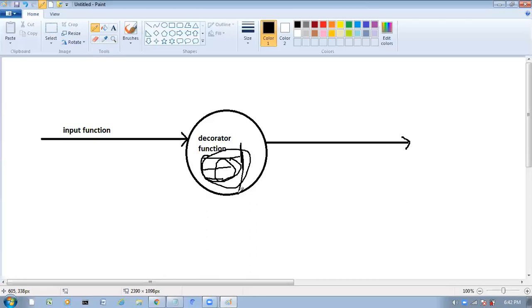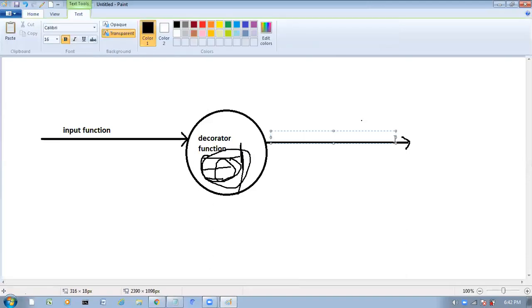Here I am returning a function only, the output function with the modified functionality.